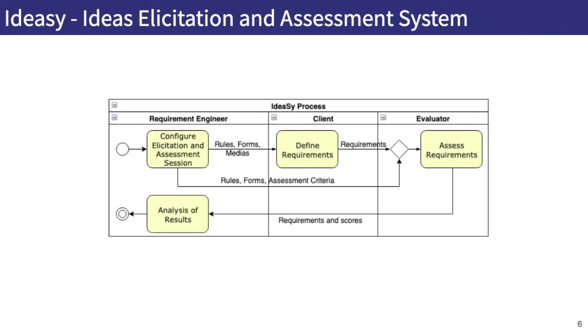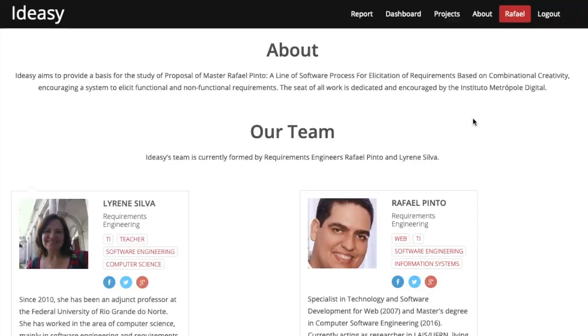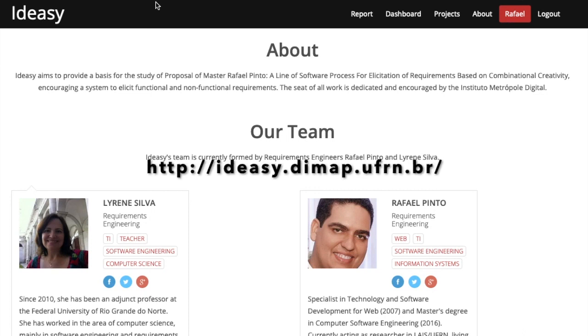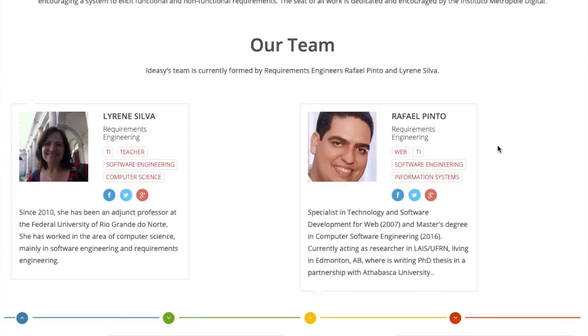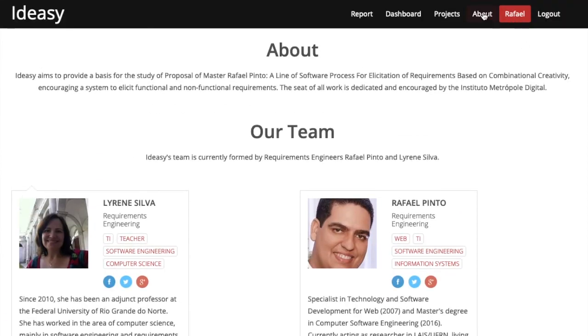So we can do it in practice. I can show you how it works in practice. Hold on a second, please. So you can access the IDEAS website at ids.dimap.ufrn.br. You can access this website and sign up, and after that you can access this. This is the outside area, but you can access